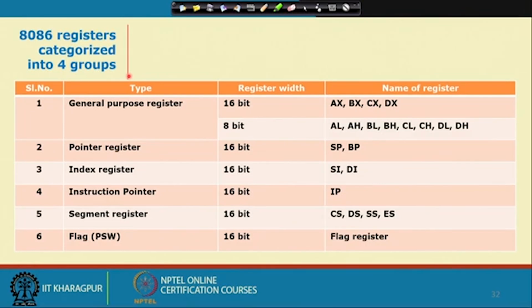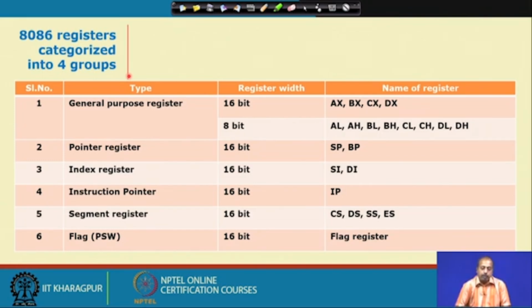So, next we will look into a general summary of these registers that we have in 8086. They can be categorized into 4 groups. Group 1 are the general purpose registers. The general purpose registers can be 16 bit or 8 bit. AX, BX, CX, DX are 16 bit registers, and AL/AH, BL/BH, CL/CH, DL/DH are 8 bit